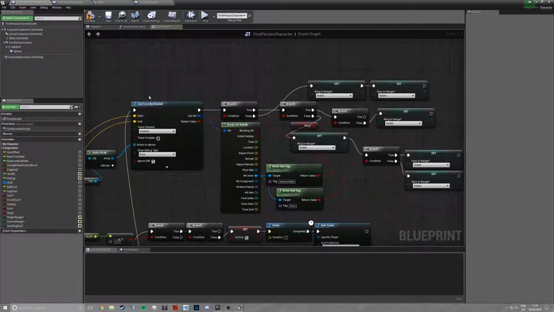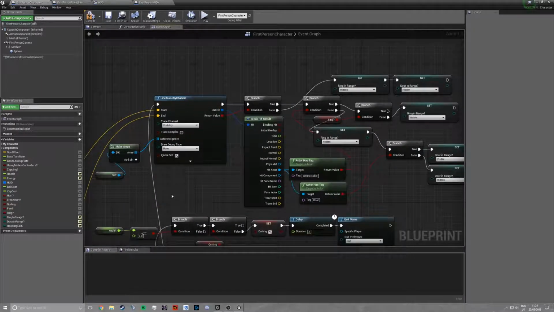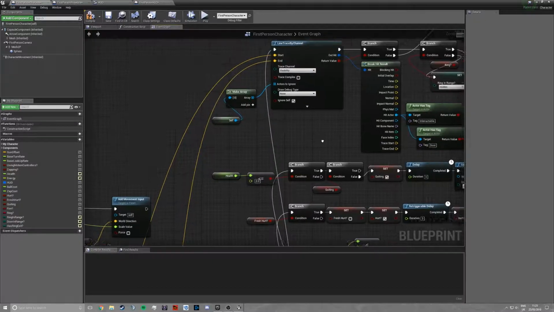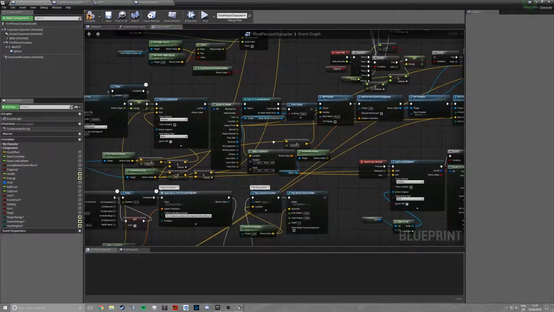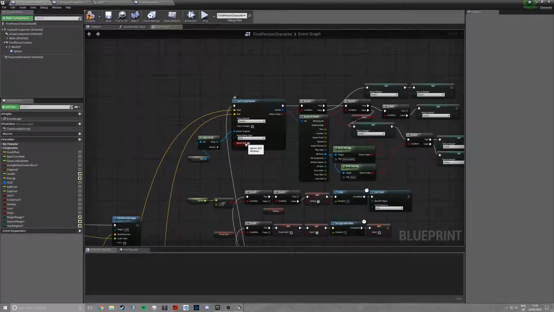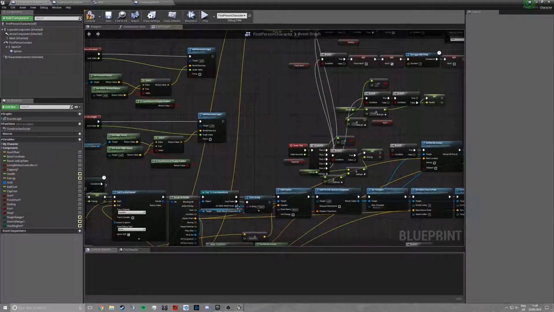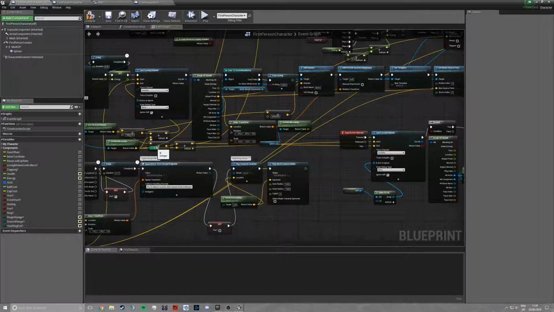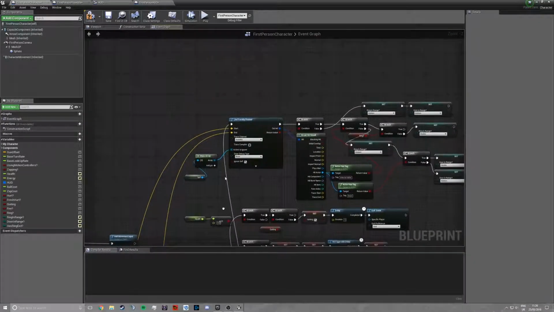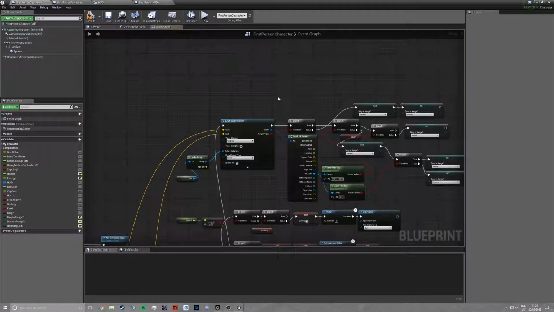So we basically trace a line in front of the player. We make sure that line's not too long so they can't open a door from half the room away. So we basically say this line starts and ends in a certain vector, which we calculate down here. And we say, so that should be a certain length, which at the moment is 150 units. So there's a 150 units line in front of the player from their central camera point, and that's always on,